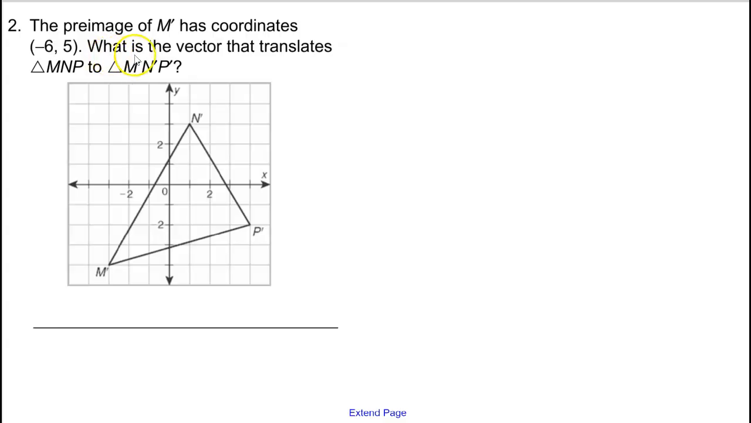Okay? And it says, what is the vector that translates MNP to M'N'P'? So understand that this is the new image. This is the image. We want to know what was the image before they translated. And actually, we don't need the whole image. We just need to know what M is. Okay? So first,